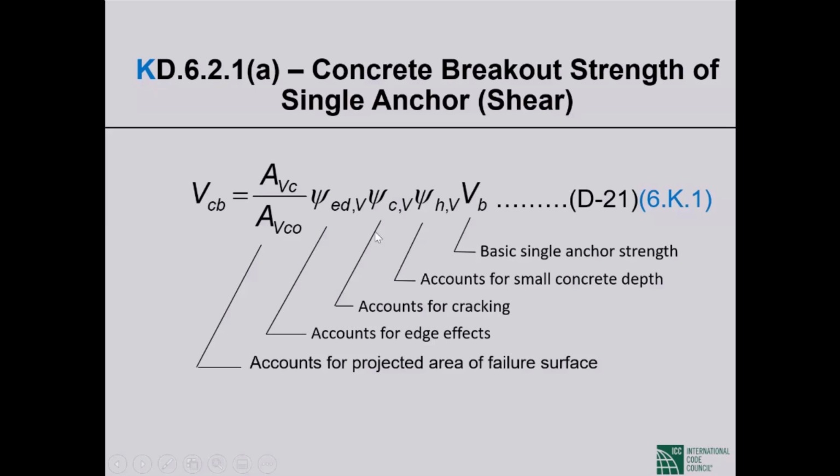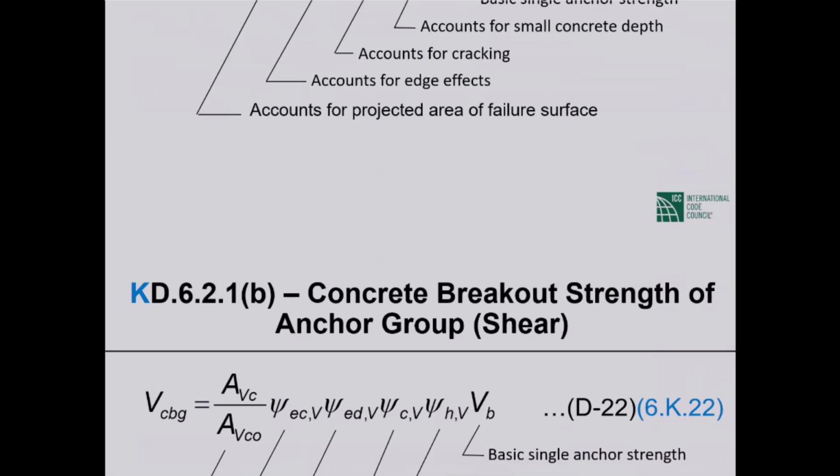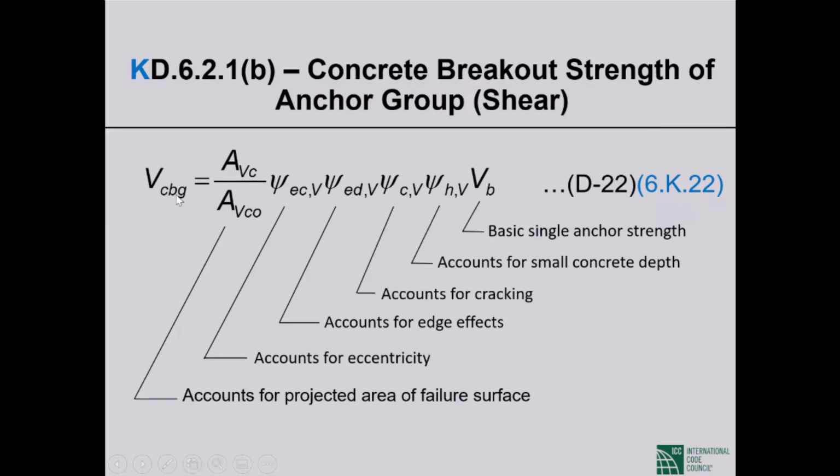This is the correction factor for absence of cracking. This is the correction factor for insufficient depth of concrete. This is different; we didn't have it in tension, but in shear, this is a correction factor for possibly insufficient depth of concrete, and you will see what it is. And then a basic single anchor breakout strength in shear. On the next slide, it is breakout shear strength,